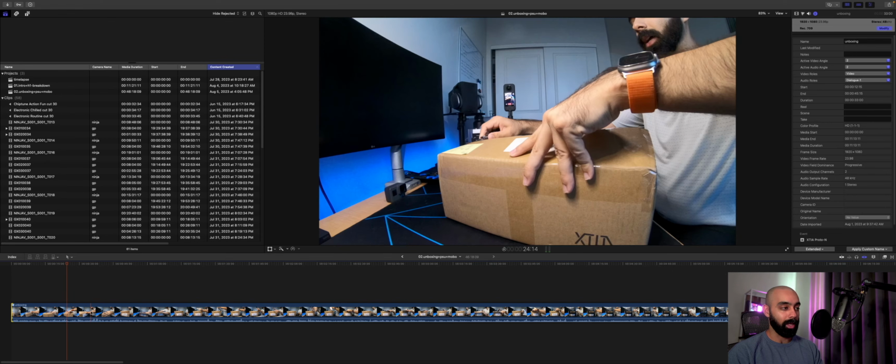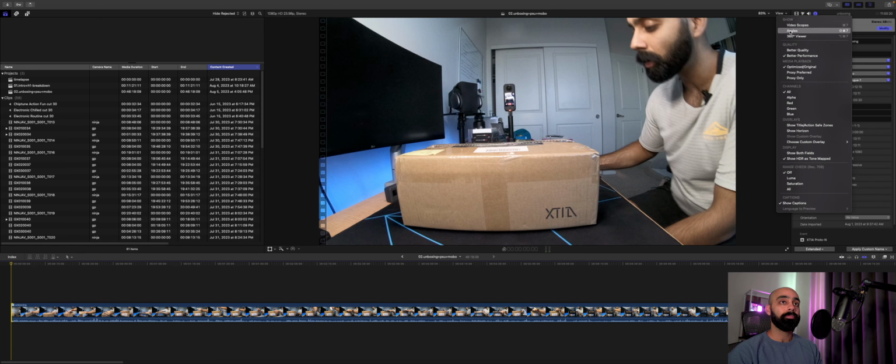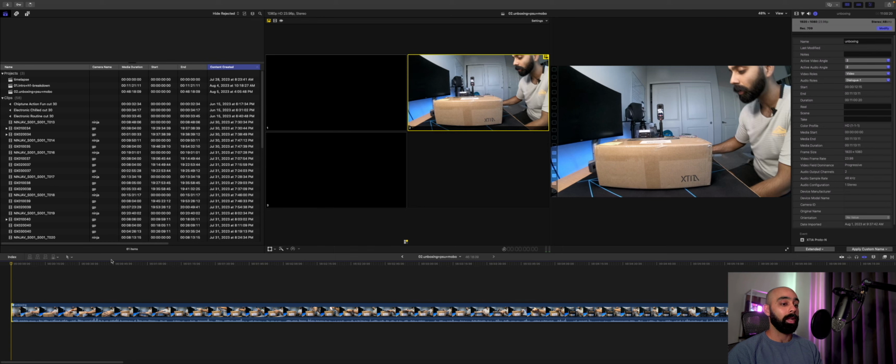I'm going to Command Z that really quickly, because I'm guessing at that point I got lucky that the video was there. So I'm going to come back to view. I'm going to come back to angles. Now from angles, I can actually see what I'm cutting to. Right now video and audio is active. So as I cut from 2